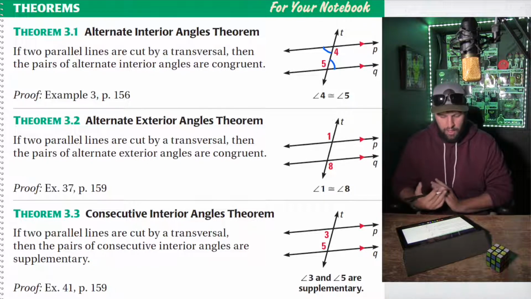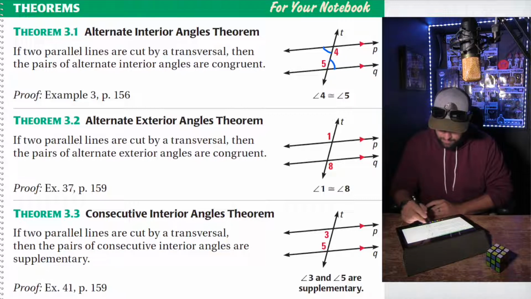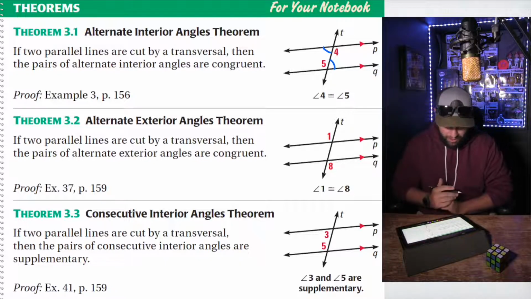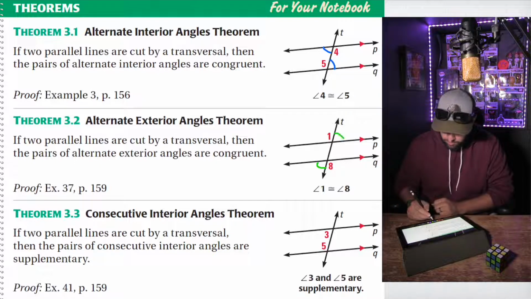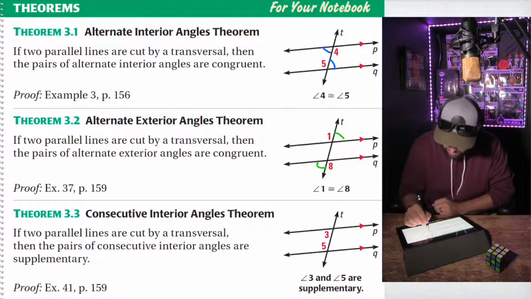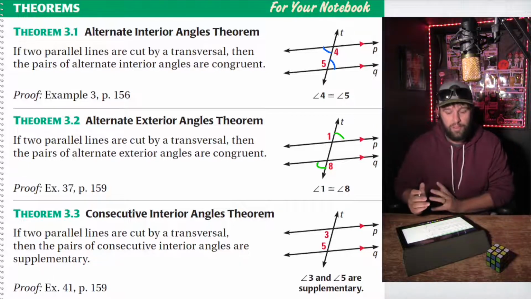Theorem 3.2, alternate exterior angles theorem. If 2 parallel lines, P and Q, are cut by a transversal, then the pairs of alternate exterior angles are congruent. So 1 and 8 are congruent, and these green angles would be congruent. Okay, theorem 3.3,